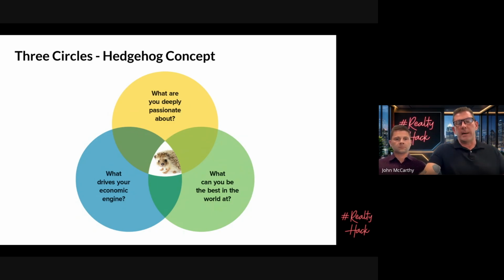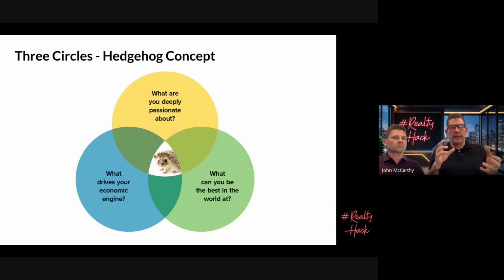This is from the book Good to Great. It's called the hedgehog concept. If you look at the book Good to Great, it's an amazing book. They study the Fortune 500 companies, and the great companies were the companies that lasted over time, right? An example of a good company versus a great company: a good company was Chrysler, where they had Lee Iacocca, who was a celebrity CEO, and when he left, the company kind of faltered after that. A great company would be something like Wells Fargo, that's been around for hundreds of years.